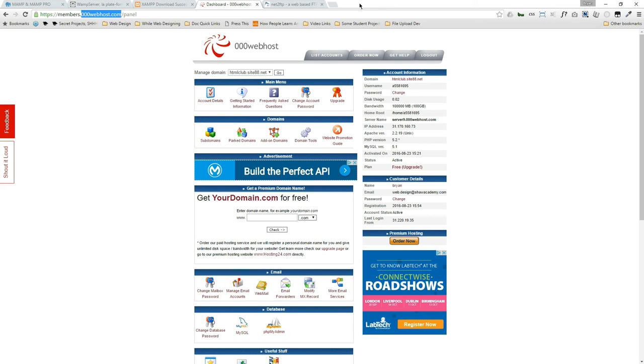Otherwise, use it just to host your images and then hot link them from CodePen. But I'd love to see some of your designs coming up. So do download a template, come up with a client. If you've got your own business, just start adding stuff in, and just do share your work up there, because